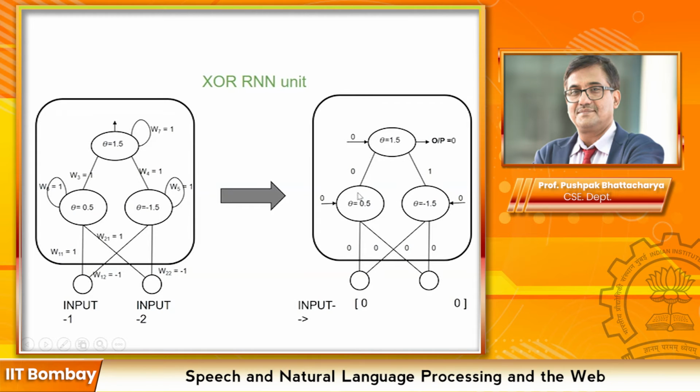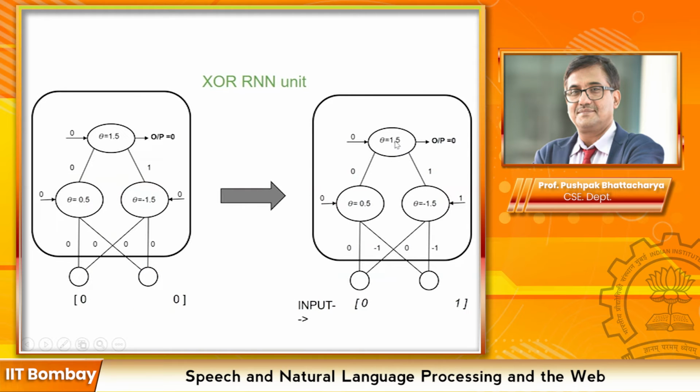Then this should compute OR, so output will be 0. This should compute NAND, so output should be 1, which is fine. And I think these are actually the outputs coming from the neurons. Now 1 and 0 produces output as 0 because this is the AND neuron. Now the next input is 0, 1. So 0, 1 should produce